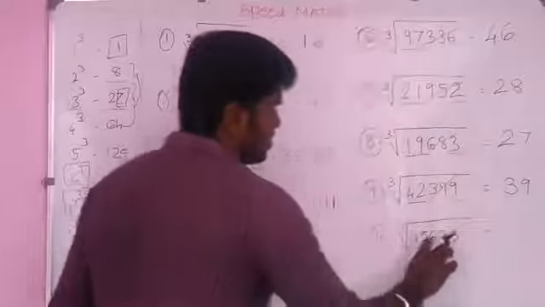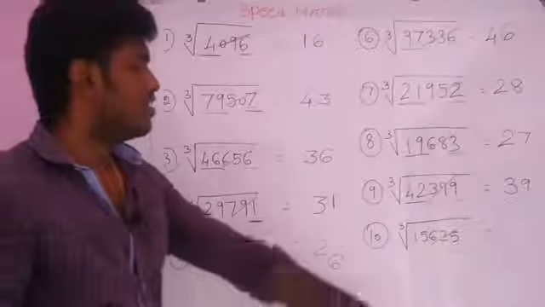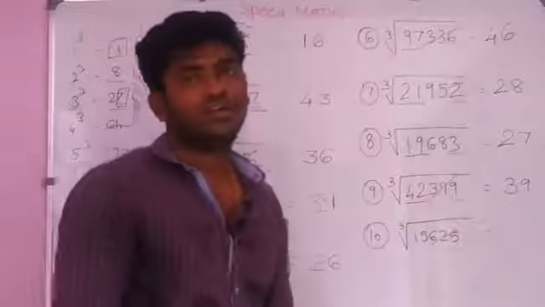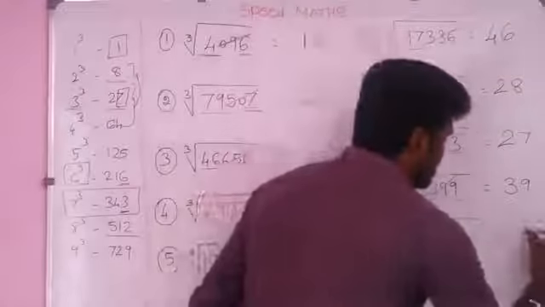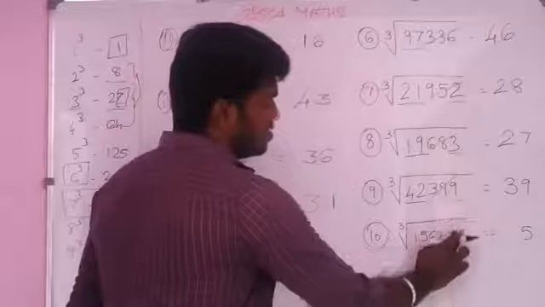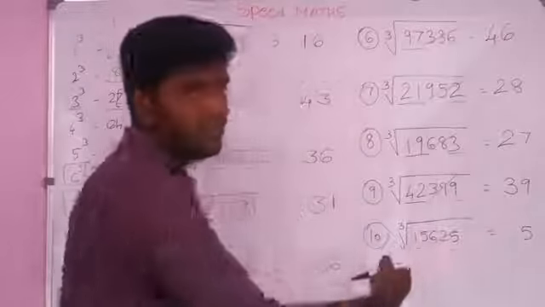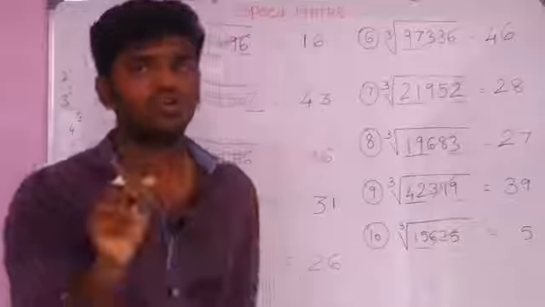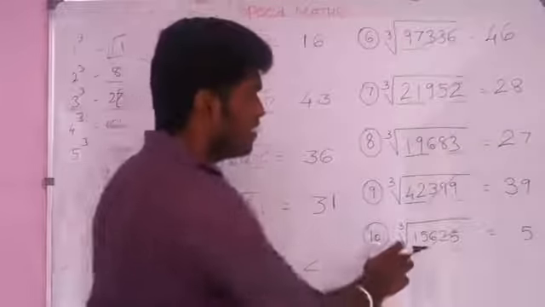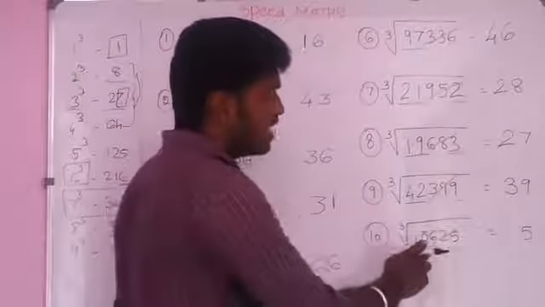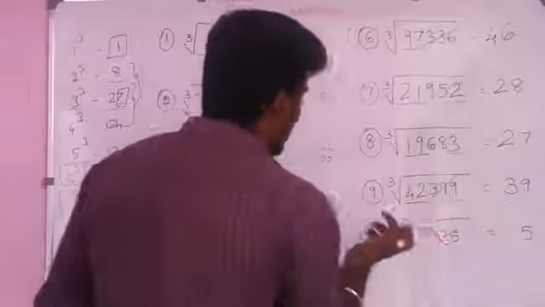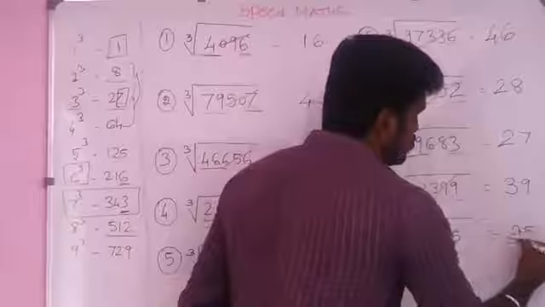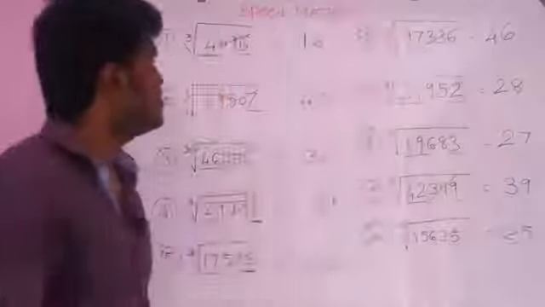And in the last question, we see the last digit 5. Compare the value 5 with the cube values, that is 125, 5 cube, so we take 5 and omit the last 3 digits, and the remaining value is 15. Compare the value 15 with the cube values, it is between 2 cube and 3 cube. 3 cube value is 27, but we have 15, so we take the smaller one, that is 2 cube, 8, so we take the value 2. So the answer for this question is 25.